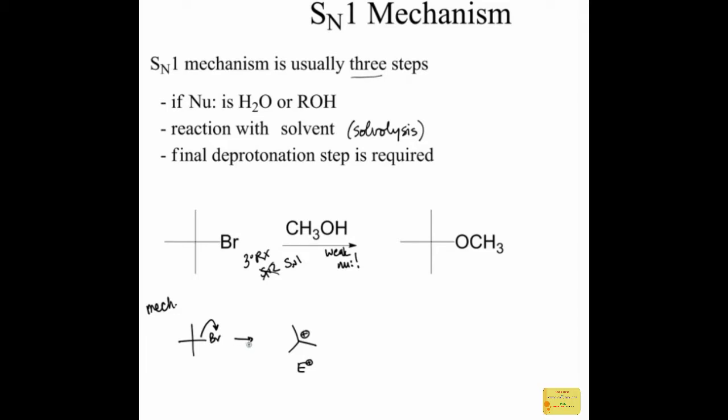Well, actually, I just made bromide, so what we can note here, this is a good thing to note, is this mechanism is going to be reversible. This is an equilibrium that we have. The bromide can leave. It can come back in. So that would be possible. But if methanol is our solvent, that means that methanol is surrounding every species in the reaction mixture, including the carbocation. So actually, statistically, it's more likely that methanol is going to be the nucleophile